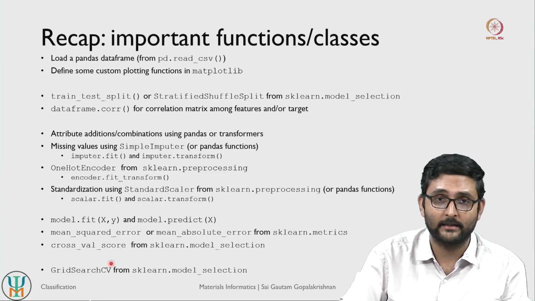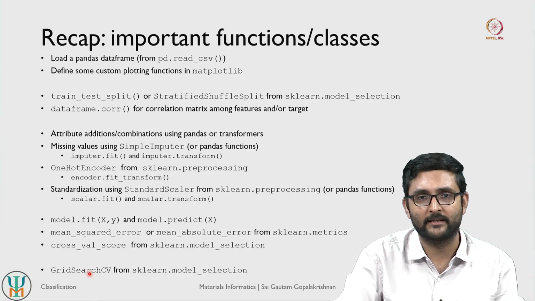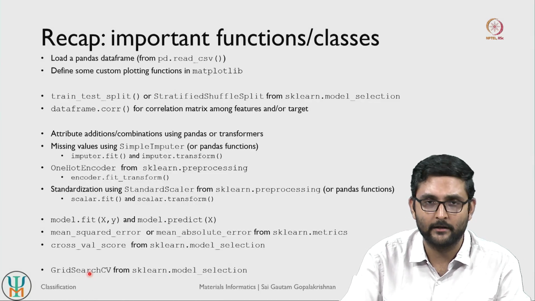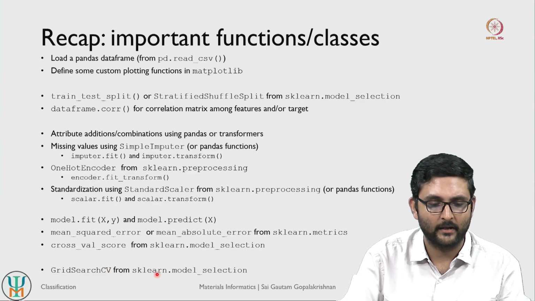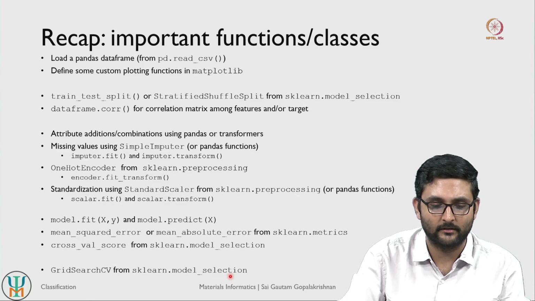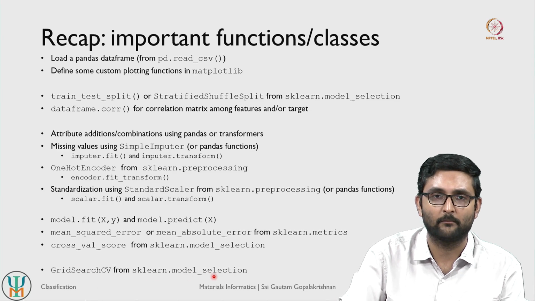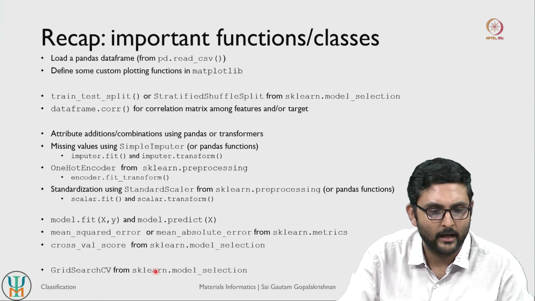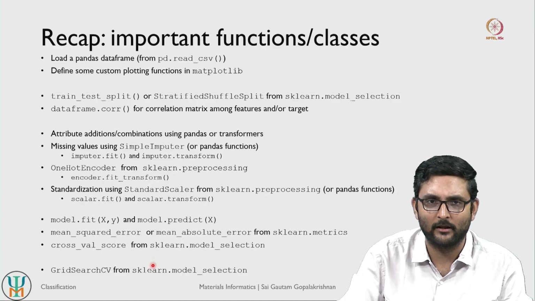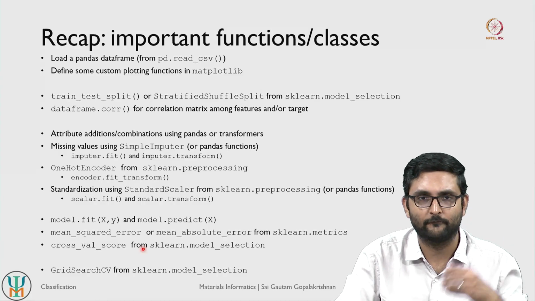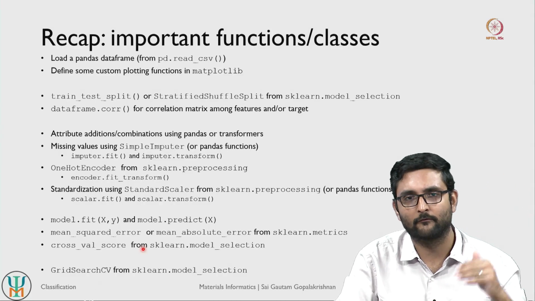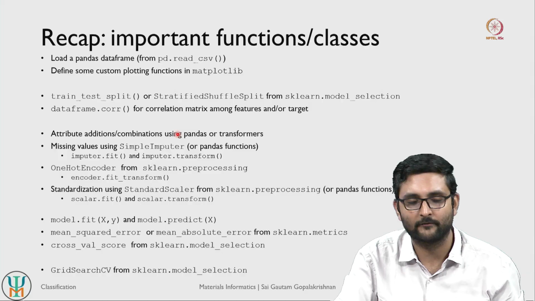And finally we also looked at grid search cross validation. This is a very systematic way to optimize hyperparameters, and is very commonly used both in regression and in classification models. And in order to use grid search cross validation, we used this model selection package again. Once again, this is just a recap of all the functions we used. This is a good reference to have, because whenever you are going through a machine learning workflow, you will probably have to deal with some of these functions.